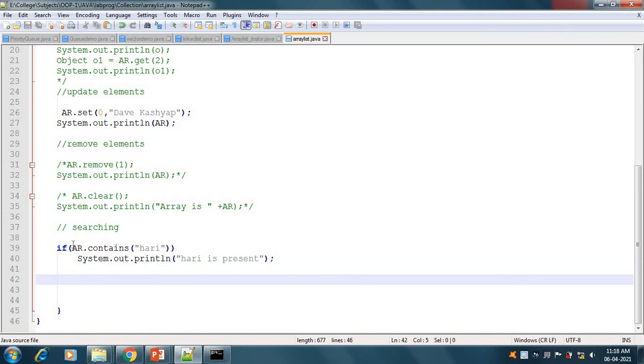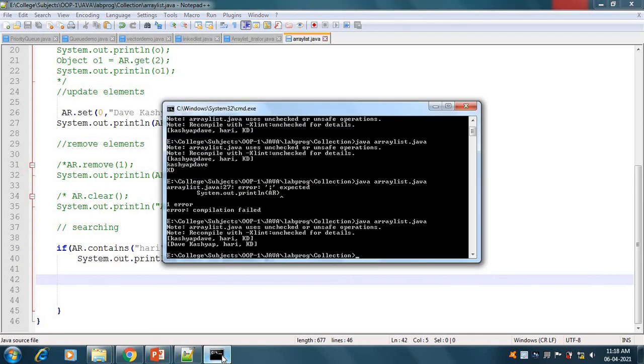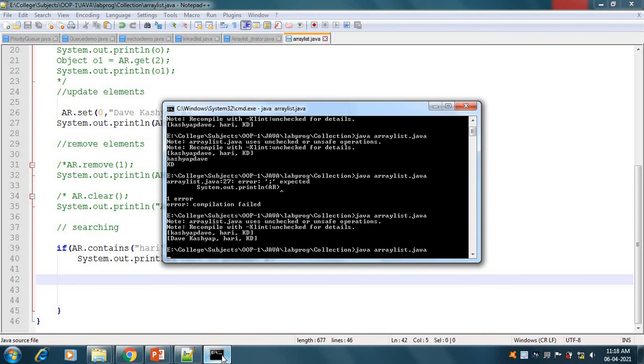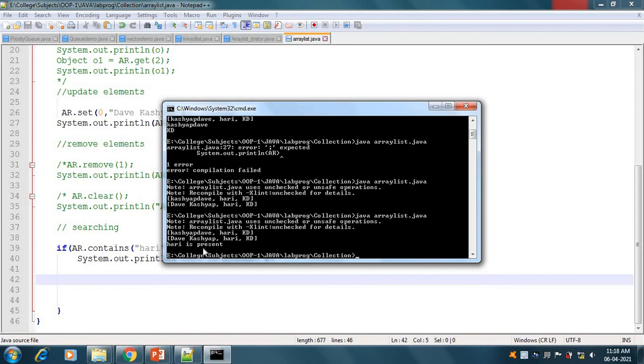If Hari is available in AR, then it will return true. If it returns true, then the inner part of the if statement will be executed. If Hari is not available, then the inner part is not executed. So if Hari is present, it will print Hari is present. I will check the program again. So it prints Hari is present.